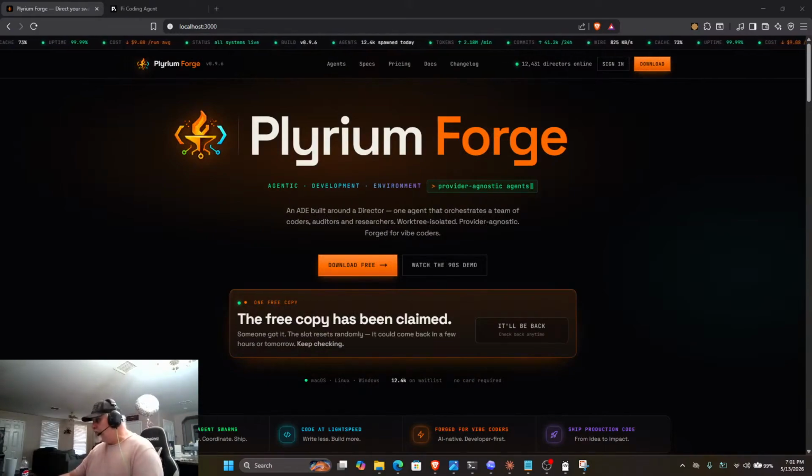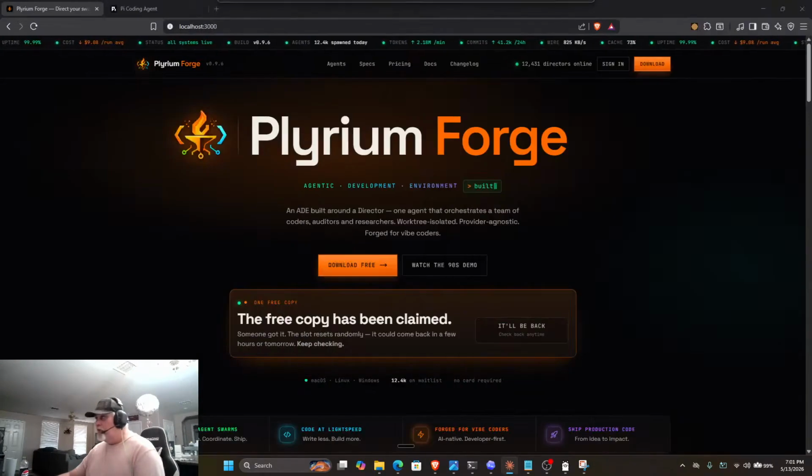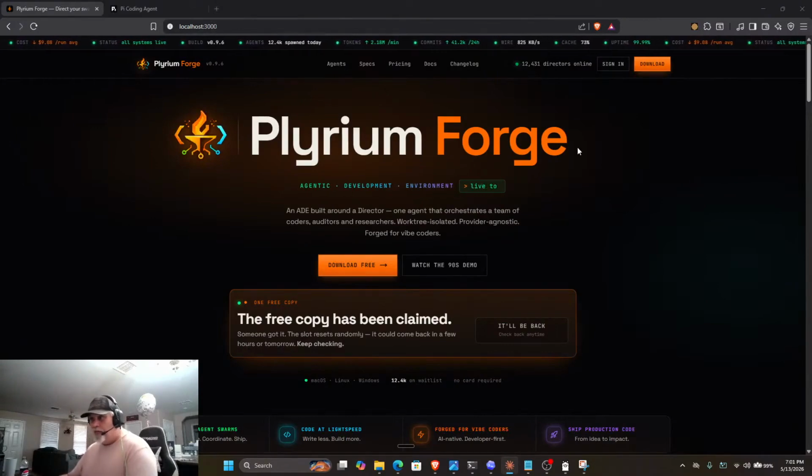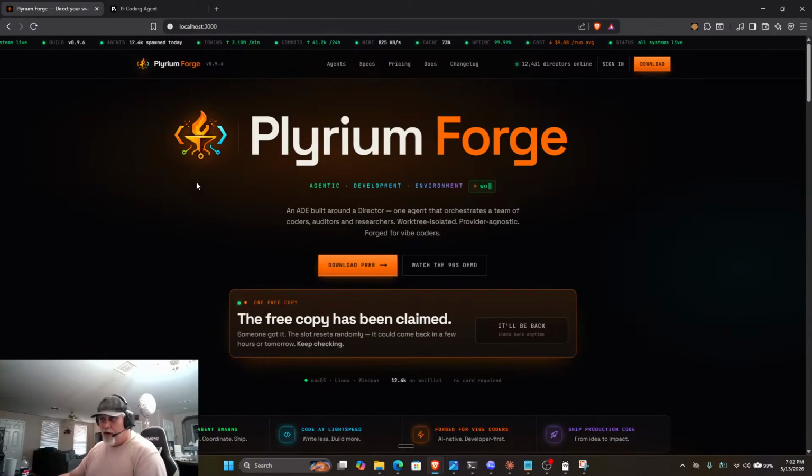So he's having trouble building here. I have one built in locally into the app of Plyrium Forge that you guys can use. And when I run Plyrium Forge, I use that more often. Sometimes I forget, but it's based off of NVIDIA's Parakeet.